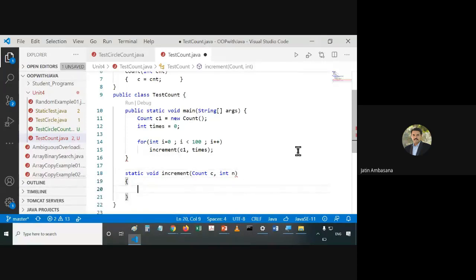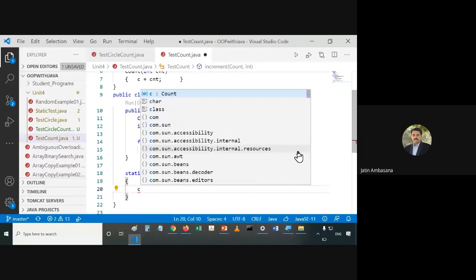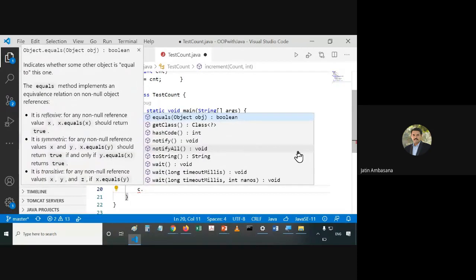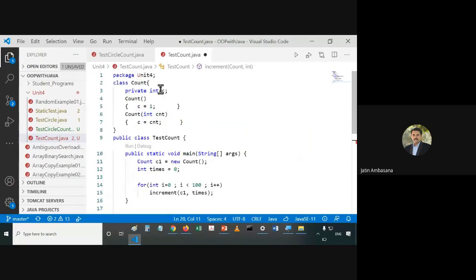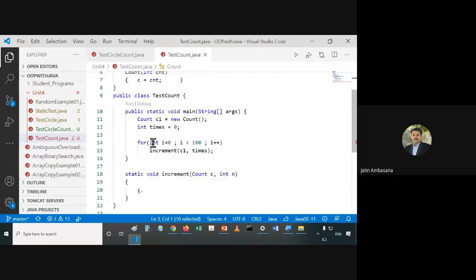Inside this, it simply says c dot count. We had made it private, right? So let's not make it private, let's make it a default one, so that count will be accessible.